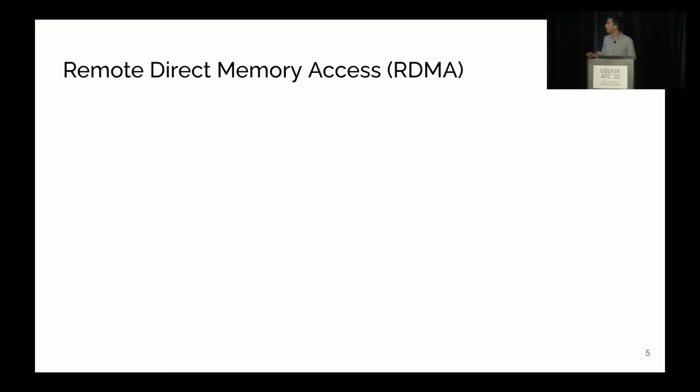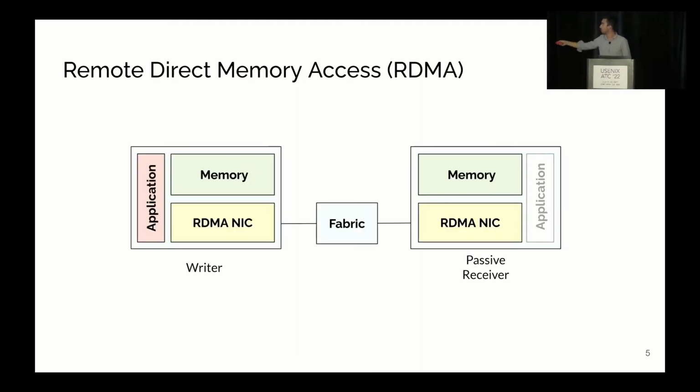Because RDMA is pretty much at the core of uKharon, let me give you a short overview of what it is. RDMA stands for Remote Direct Memory Access. It's a networking technology that allows a process to access the memory of a remote one without invoking the CPU of the latter. In that example, we have a writer on the left that wants to put a message in the memory of the machine on the right. The only thing it has to do is send a small request to its local RDMA NIC, which is going to fetch data in the local memory, send it over the fabric, and install it in the remote memory. The great thing with RDMA is that you do not invoke the CPU of the machine on the right. That allows for microsecond-scale communication and great tail latency.